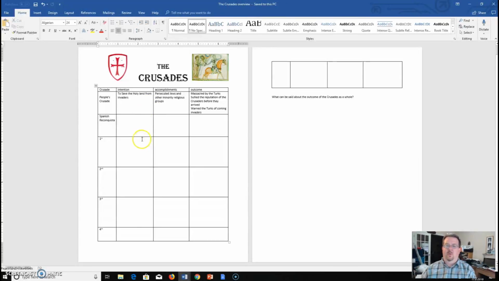And you're going to say what their intention was, what they accomplished, if anything, and what the bigger picture outcome was. And you'll do this and turn it in like we do all the other assignments. So that should be a quick assignment that will give you a picture of the Crusades. And the whole goal is for you to see it laid out so that you can say what you think